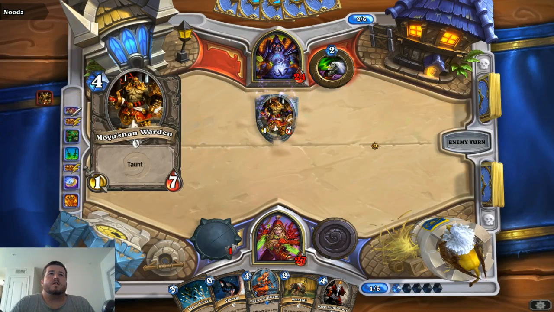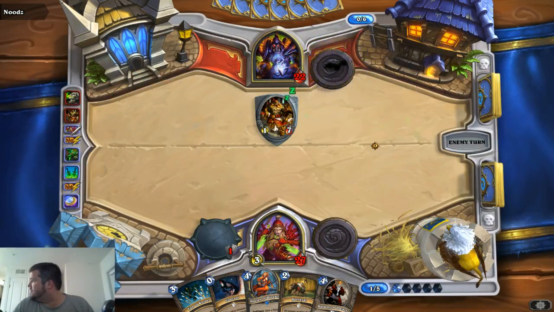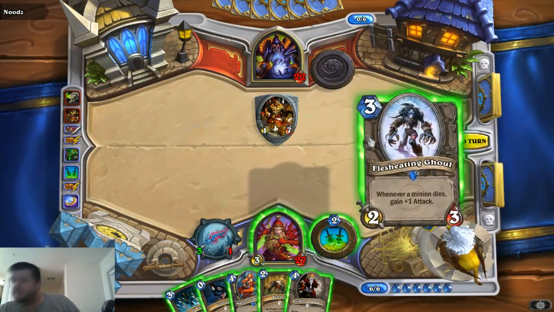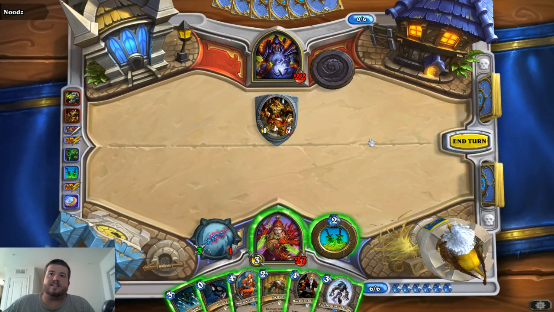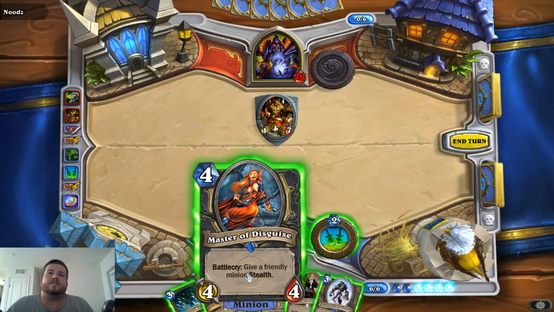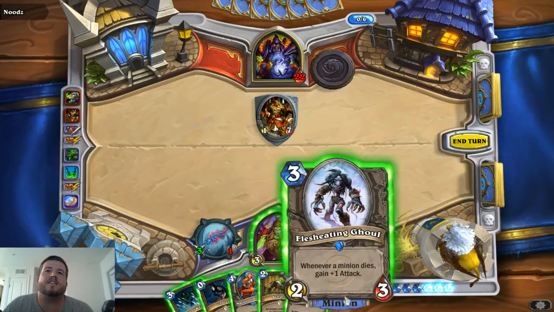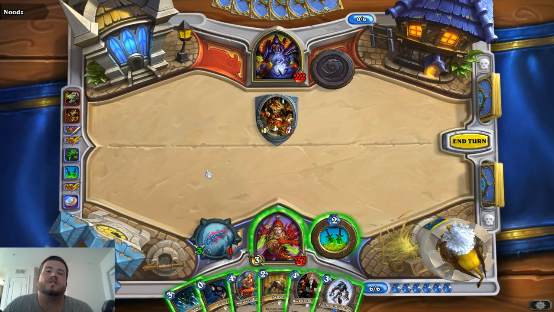Mogu'shan Warden 1-7. We've seen this guy quite a few times. Can be very annoying. Yeah, my mechanics are getting a little better, hopefully. Alright, so we have our flesh-eating ghoul. So we can go with the stealth train next turn on the ghoul, actually. In the meantime, we really don't have much we can do, honestly. I'd like to save everything for that ghoul. So we can cast a ghoul, cast conceal, and then next turn we can...